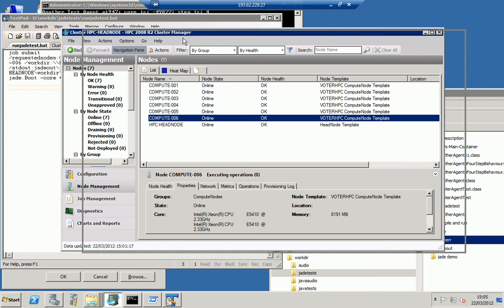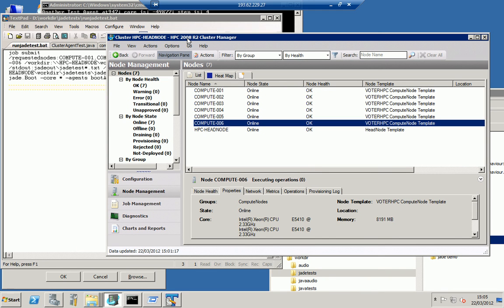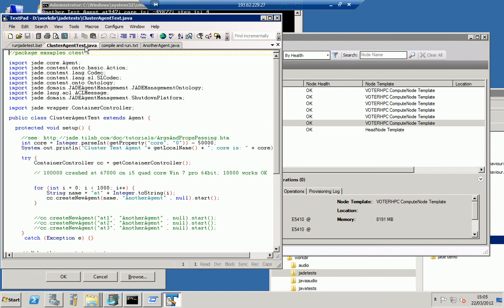We can send out to each of these compute nodes programs which we want executed on each of the cores. To be able to do that, there's a job control language. Here's an example of it which I've used to execute this program. The simple program that we have is what I sent you before, the cluster agent test and the another agent.java